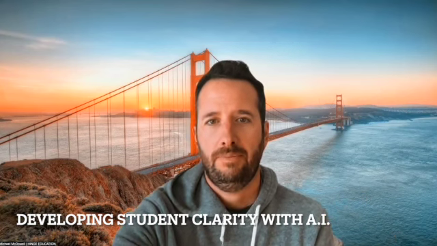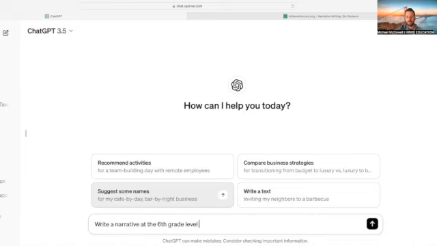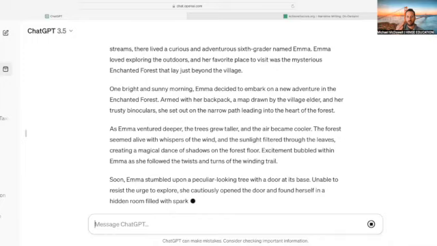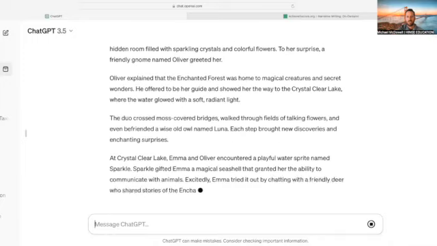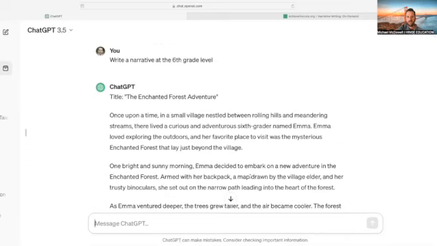I have ChatGPT up. And what I'm going to do is ask ChatGPT to write a narrative at the 6th grade level. And so I'm going to go ahead and do that. And then we have a narrative and it's going to write that automatically. Once this narrative has been written, and you can see that it writes it fairly quickly,